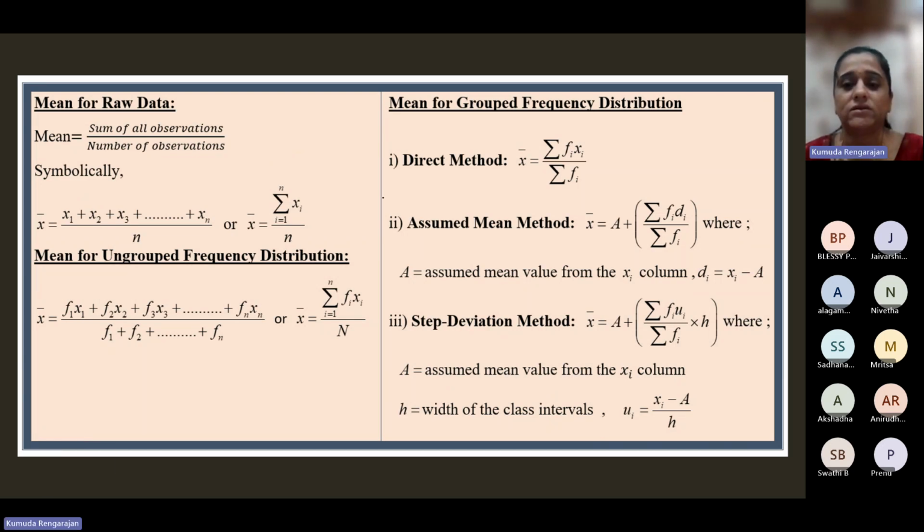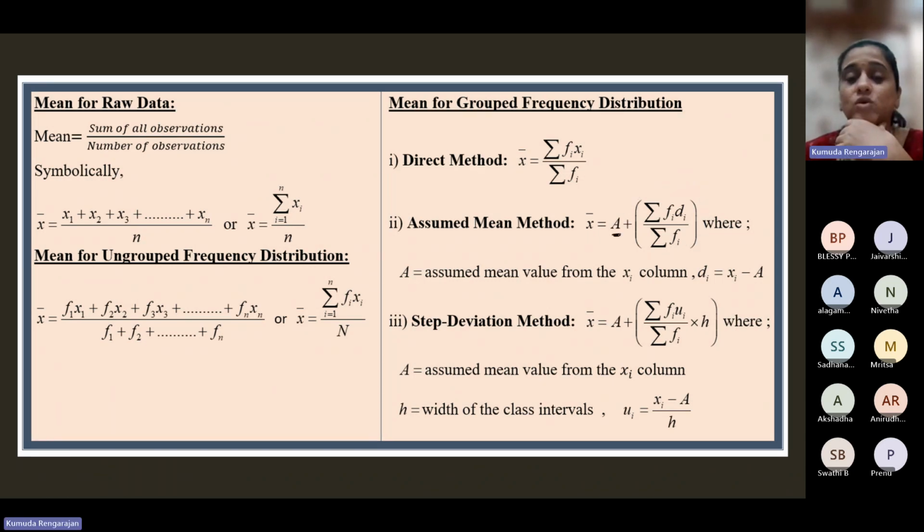So that's how we find mean by the direct method. Then you can see here, assumed mean method, X bar is equal to A plus sigma FI DI by sigma FI. So now you understand what is sigma FI DI. That means there is a column FI DI. Now we'll see how to generate that column later. Total of that column, that answer is sigma FI DI divided by sigma FI. So the total of the FI DI column by the total of the FI column is this one: A plus sigma FI DI by sigma FI,